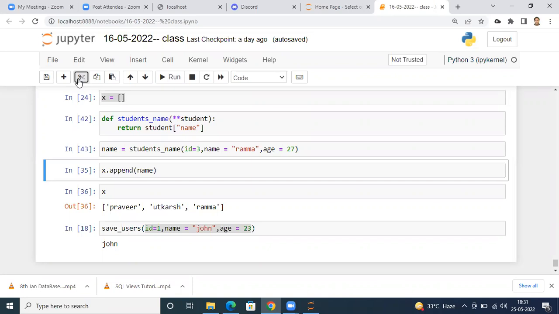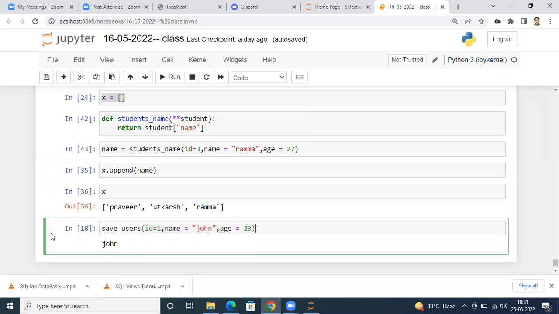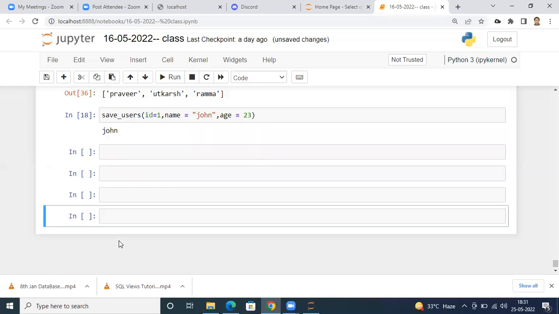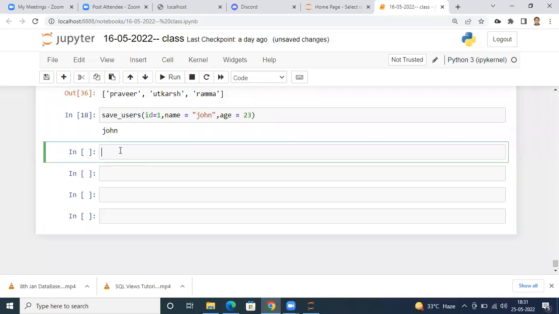Okay. So let me move ahead. And that is actually the important thing that I'm going to discuss today. First of all, it's a small topic, but understand that it is a scope. What do you mean by the scope of a variable? Understand. Suppose what I did,